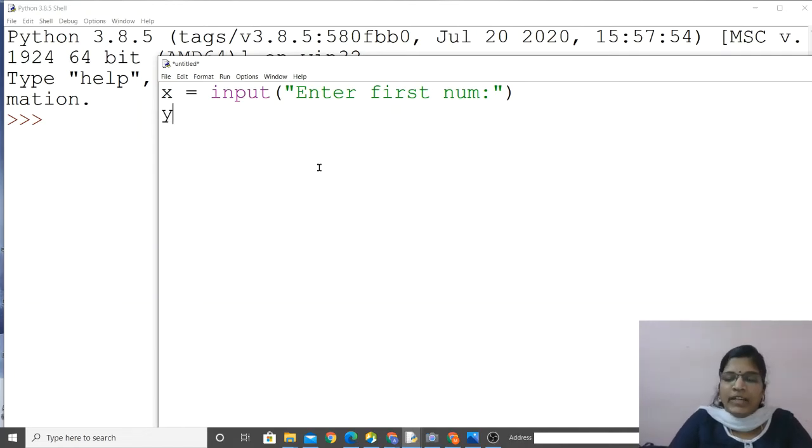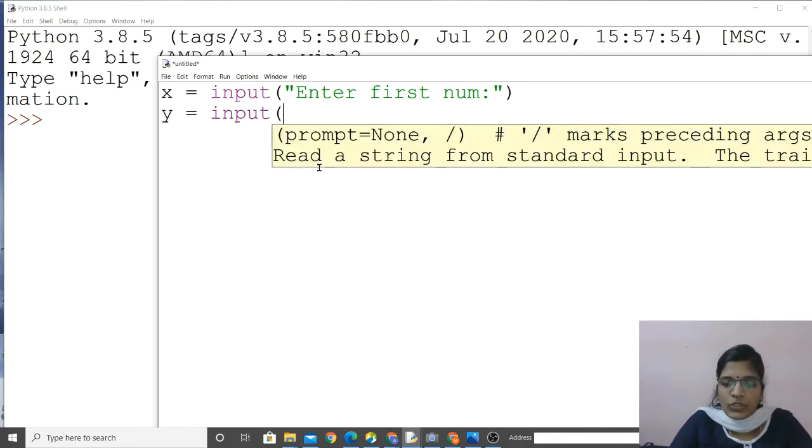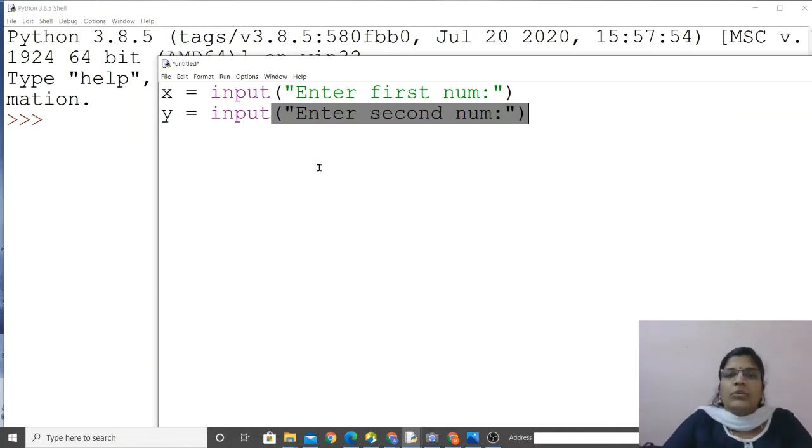Then the second variable name I have taken as y, and for y also I am writing input, "Enter second number". When the user enters the first number for this statement, the number he enters will go and get occupied by X. X will hold that value, and when the user enters a second number, it will be held by Y in a memory location.